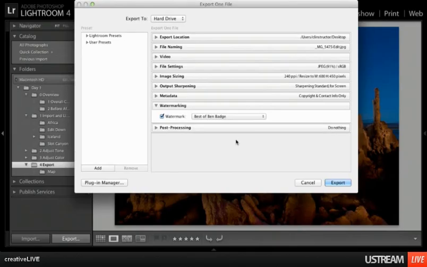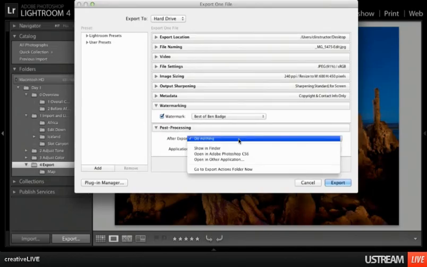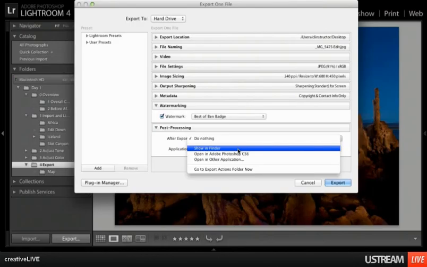So to get to that part where I edited it, I was in this export area, turned on the checkbox for watermark, and right in this menu I can choose edit watermarks. That's what we were in a moment ago. Then finally at the bottom it says post-processing, and down here it says what should it do after you're done exporting this image. Do you want it to show you in the Finder? Let's say it saved it in a weird folder on your hard drive. Should it pop up